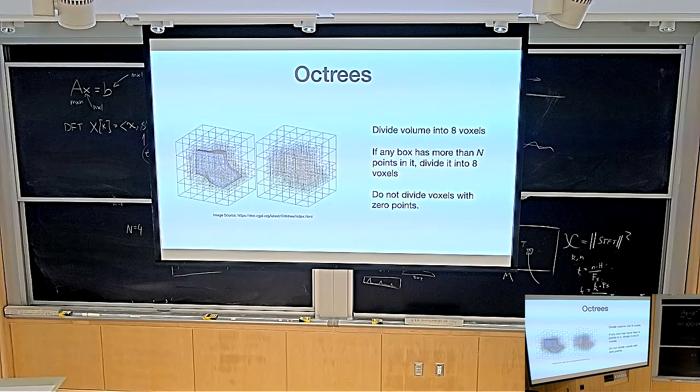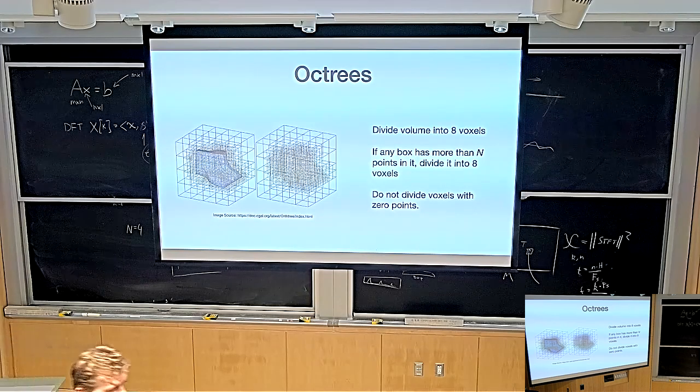Okay, so the basic idea is how do you build an octree? You take the initial voxel grid and divide it into 8 voxels. Say I give you a point cloud and you want to turn it into an occupancy voxel grid, where every voxel tells you whether there is a point in it or not.